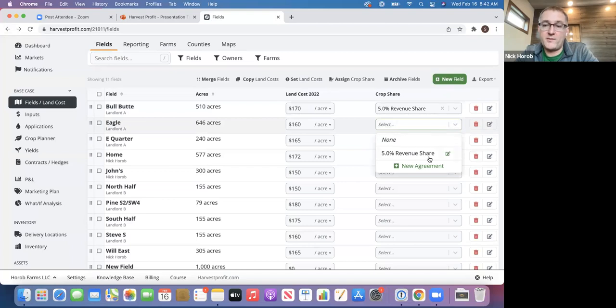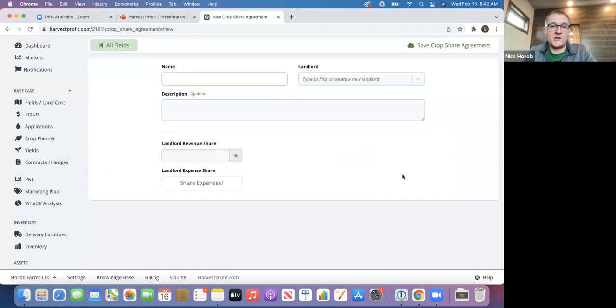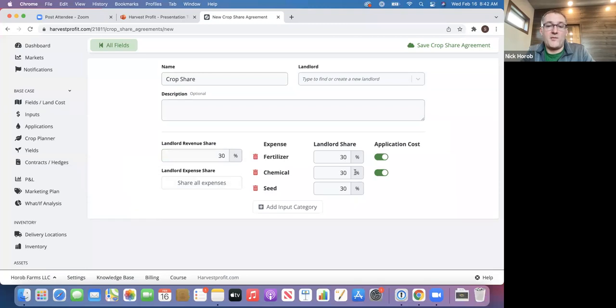If I go here, I can enter in a new agreement. So I can just call this crop share. Then I can say, okay, my landlord gets 30% of the crop, and they pay 30% of the fertilizer and 30% of the chemical, but they don't pay any of the seed. And they don't pay the application cost on chemical, but they do pay the application cost on fertilizer. So if you see, we've added a lot of functionality here to where you can really help manage those in-depth